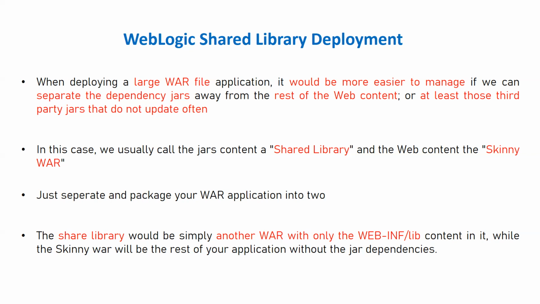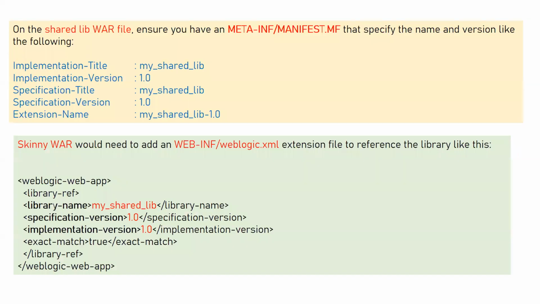When it is a shared library file, inside WEB-INF we create one folder, lib, and place all the library files inside that folder. So you can place your jar files inside the lib folder, and apart from that nothing else is required. The rest of the folders and content will be in the separate skinny WAR file. This is the way you segregate your code content. And when we talk about the shared WAR file, inside that you will have another